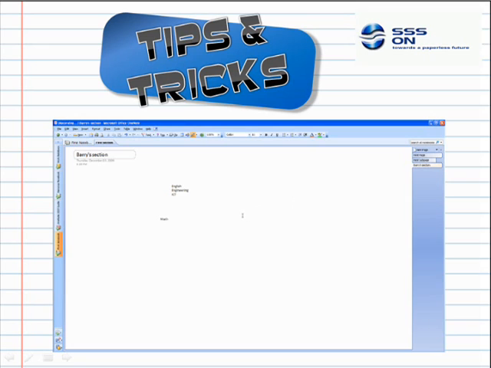Okay, the next feature we will be looking at is the task feature. The task is basically just, you click on it, choose when